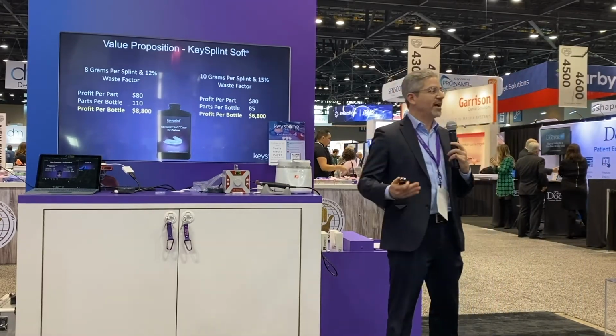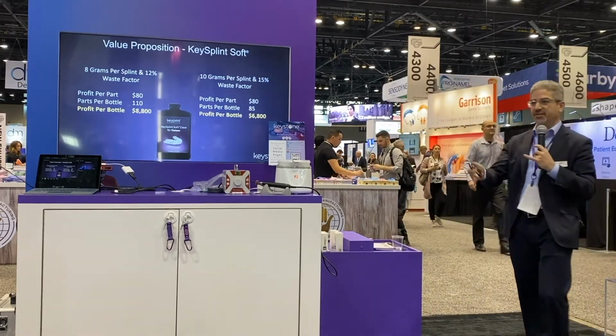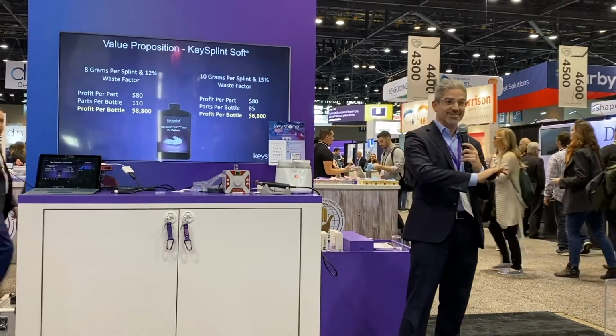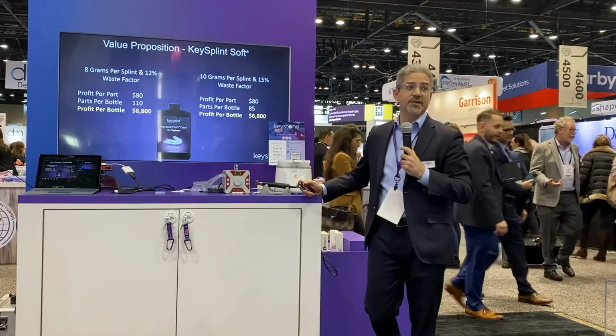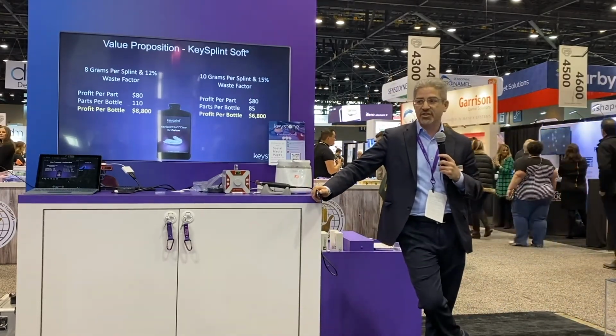This is a win for everyone. Lab, doctor, patient, printer partner, Keystone, dealer. Everybody wins with Keysplint Soft, and there is nothing else out there like it. So we're very excited. It's been very gratifying to create a product that has changed the way people are doing